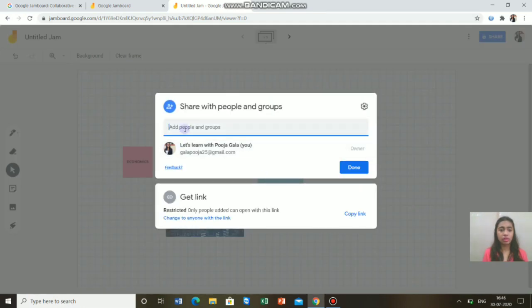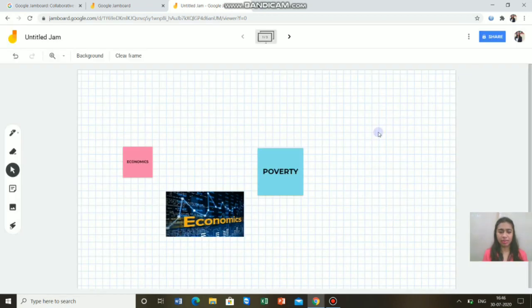So there are 2 options for sharing it with your students. First is directly through email ID, and second is through a link. If I have my students' email IDs, I'll type them in over here and click done. What happens if you send it through email IDs? You can see a pop-up over here.